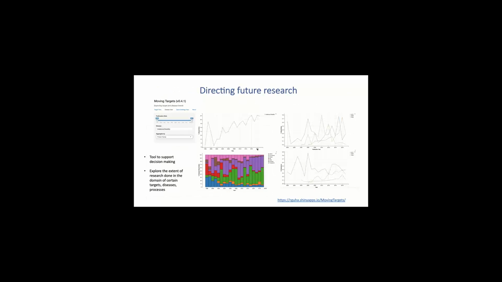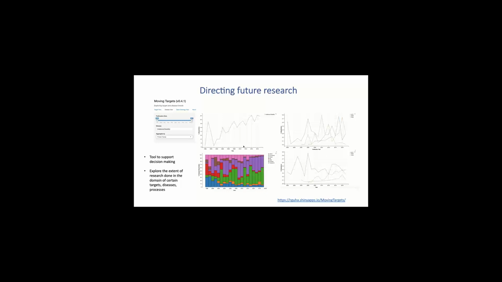Presenting this work on several occasions and talking to other researchers, we often got the question: how can you make use of such a tool in drug discovery? Can you maybe use it for forecasting, for making predictions? I think we're not yet at the stage of predicting anything, but what we can nicely do is use a web app that we developed as part of the paper we published last year, where you can explore target trends, disease trends, and gene ontology trends. I just made a few screenshots because a live demo usually doesn't work so well.